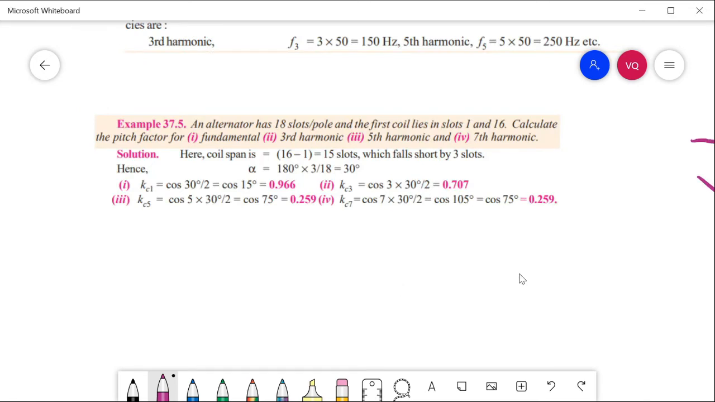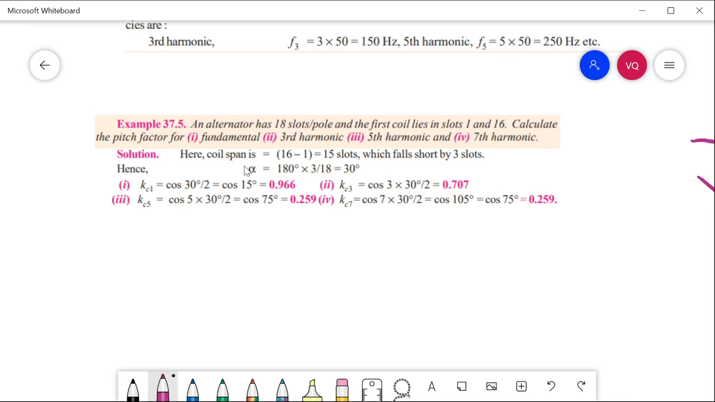Example: an alternator has 18 slots per pole and the first coil lies in slots 1 to 16. Calculate the pitch factor for the fundamental, third, fifth, and seventh harmonics. First, we will solve the coil span. We will begin